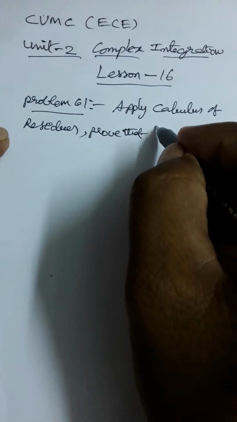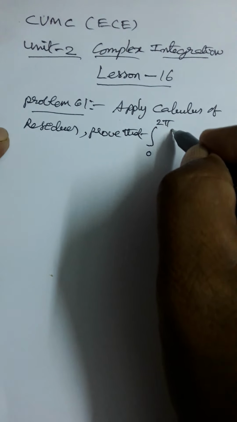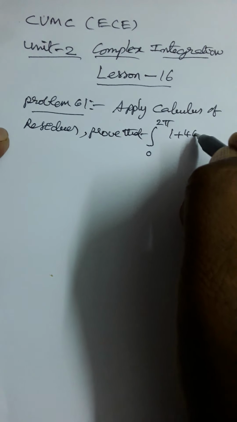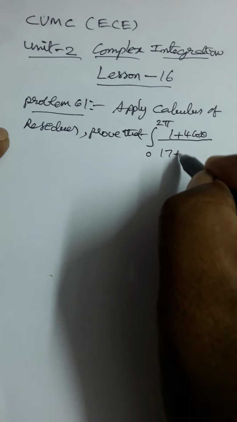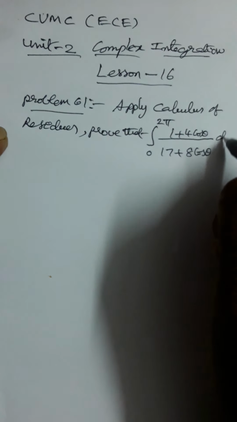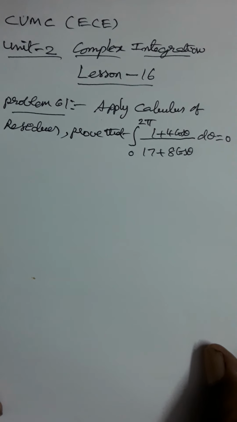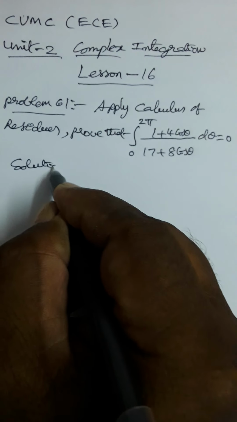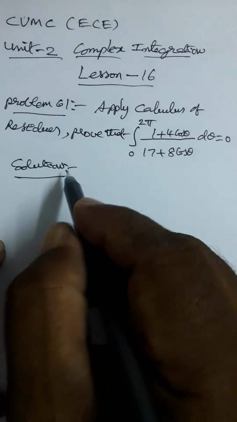Prove that the integral from 0 to 2 pi of (1 plus 4 cos theta) by (17 plus 8 cos theta) d theta is equal to 0. Solution. For this type of problems, put